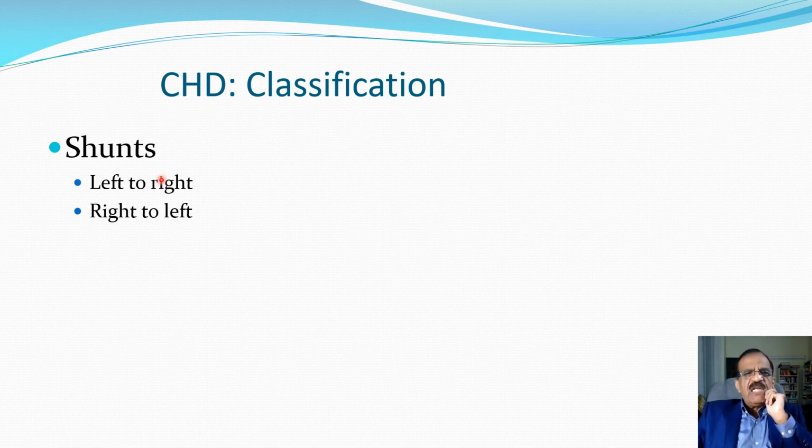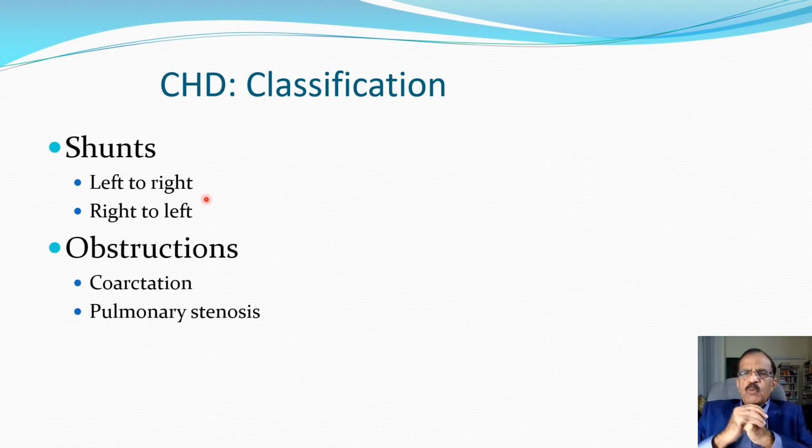And in the left to right shunt category, atrial septal defect, ventricular septal defect, and patent ductus arteriosus, three common congenital heart diseases, they come under this group. So these are congenital heart diseases which are characterized by a shunt. Then you may have some simple obstruction, and there is no abnormal communication between two sides. There's just simple obstruction. One very important condition is coarctation of the aorta, where there is a kink, there is some narrowing